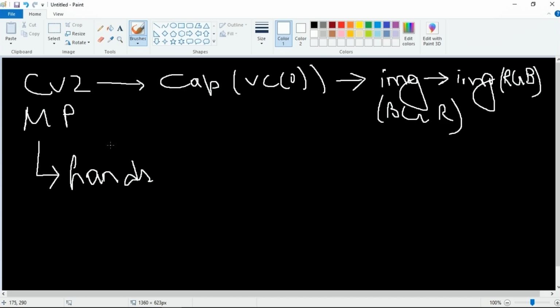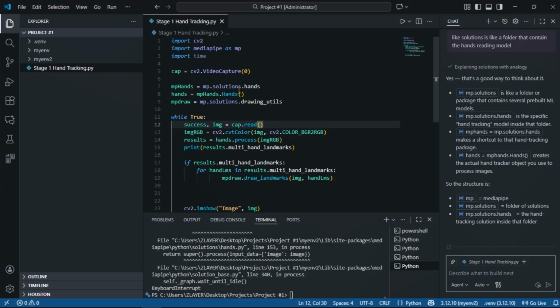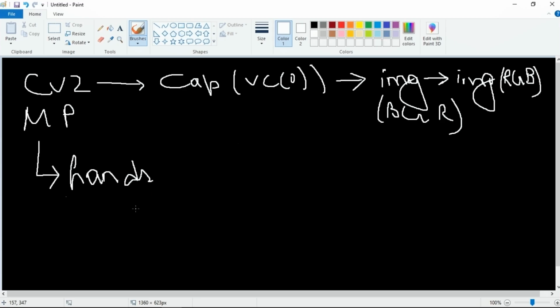What was that? Hands. Okay, so we use hands to let it